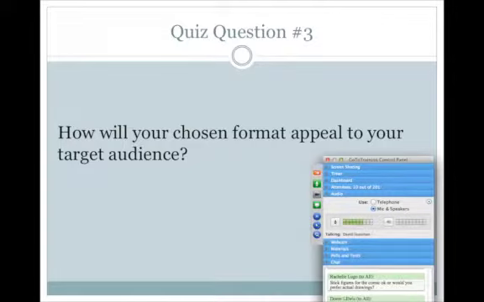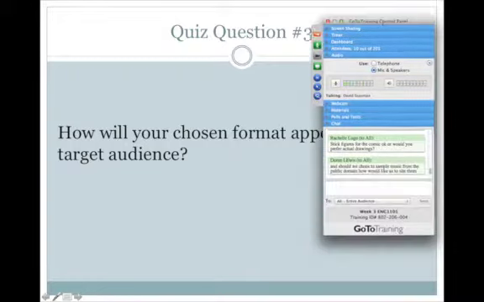Okay? I mean, maybe you don't have everything figured out, but you should be thinking through some of these things. Also, it's a way to check that you're choosing the best format possible. Sometimes people choose a format early and stick to it, and then they realize at the end, wow, maybe that wasn't the best format to use. Maybe I shouldn't have created a film. Maybe I should have gone with a comic. Or some people choose a comic, and it would have been much better as, I don't know, a podcast or something. Okay? So I want you to think through how your chosen format can reach your audience and what specifically you'll do to try to make that happen.